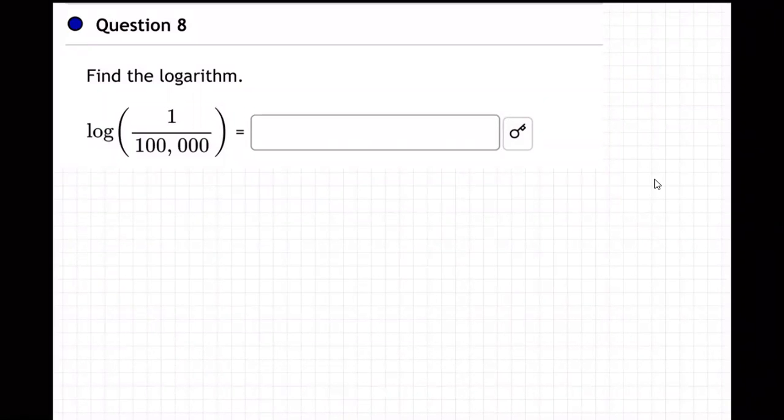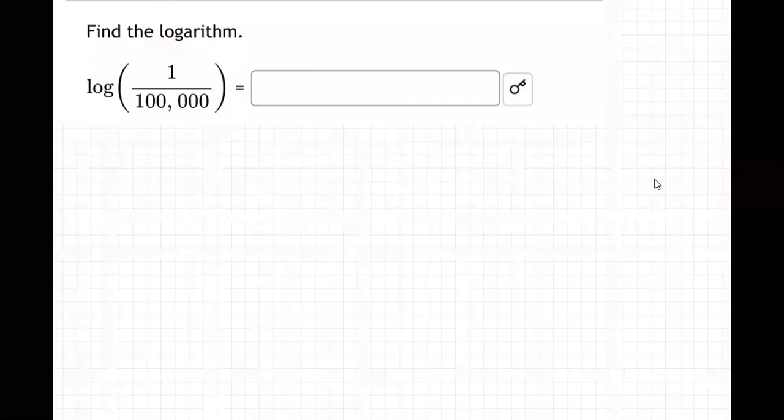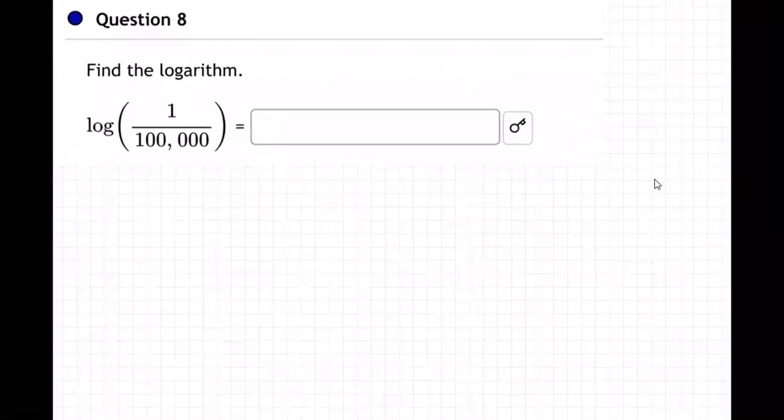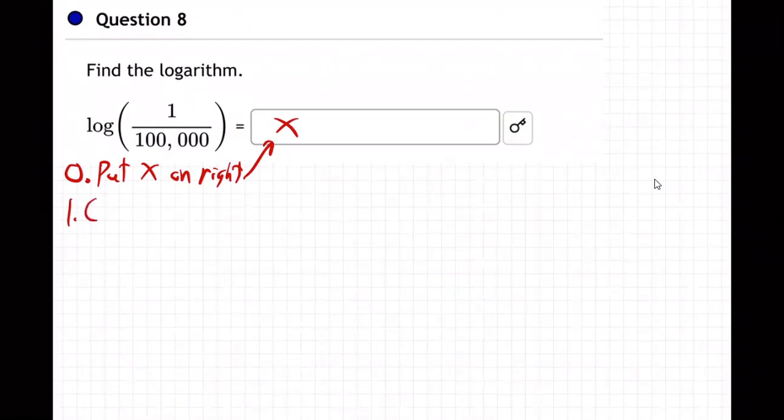Okay, so, get my pen working here. Step 0, although I just call it step 1, you can call it whatever you want. Put X on the right side, just because you've got to have something over there, okay? And then step 2, step 1, or whatever you want to call it,